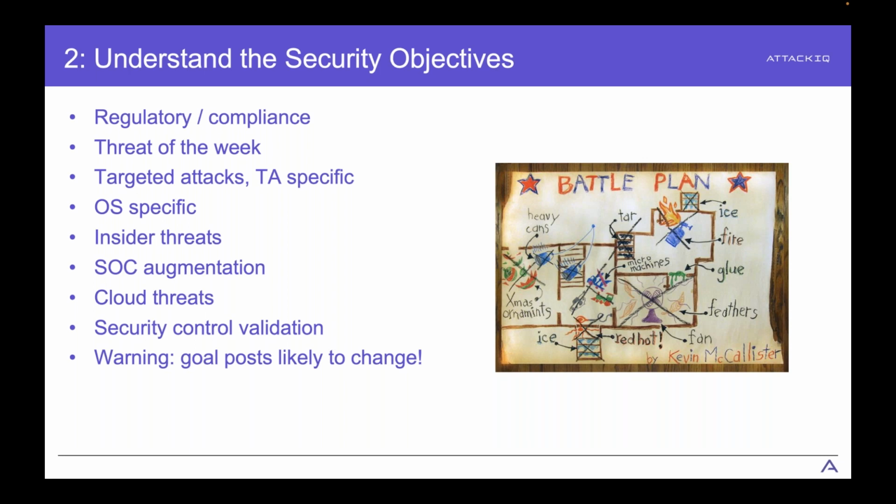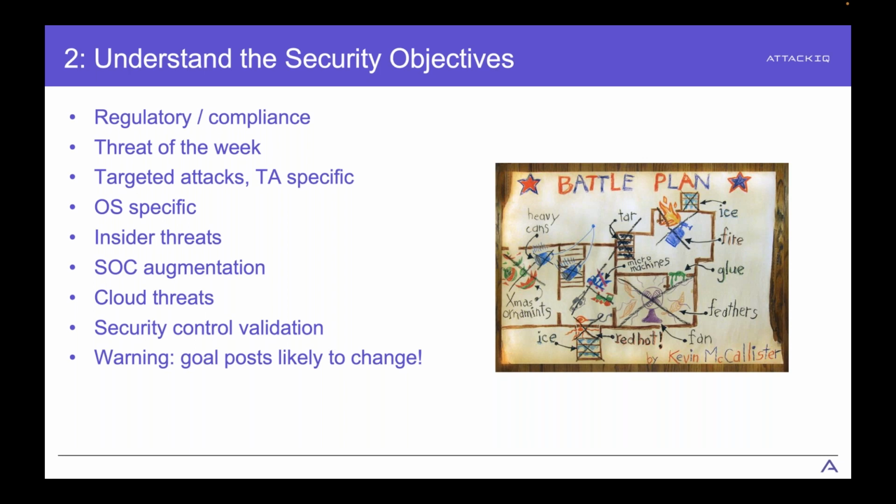There's so many different avenues that you can explore here. You could maybe only focus on your Windows estate because maybe you think your Mac and Linux estate are super secure, or it could be the opposite, right? It could be that you're interested in only insider threats. It could be that your end goal is to just improve the SOC responsiveness that maybe you're outsourcing to an MSSP, for example. It may be that you're trying to improve your detection engineering and increase the accuracy of your detections and lower the false positiveness of your SOC alerts, right?